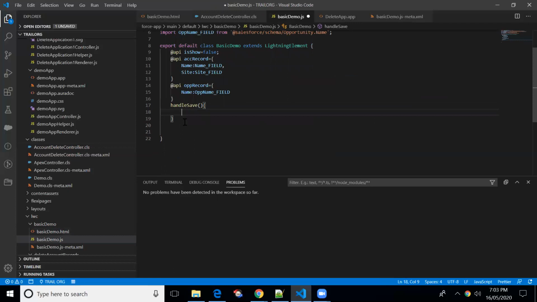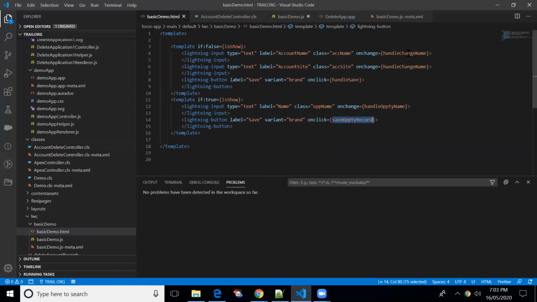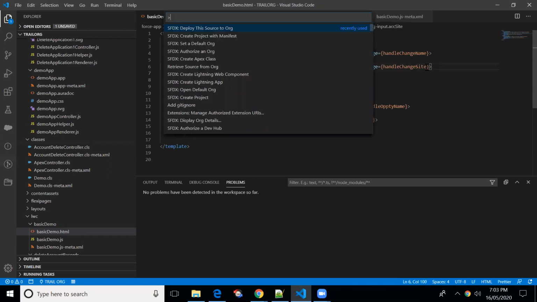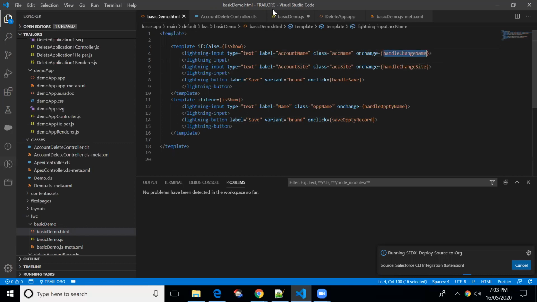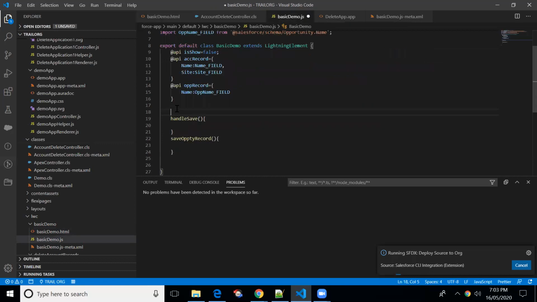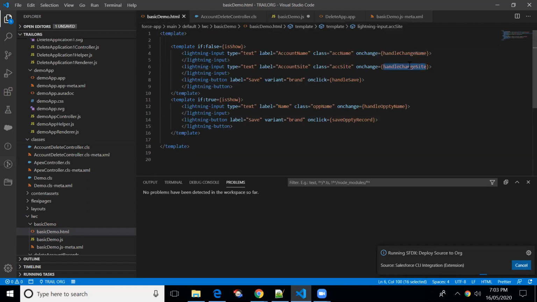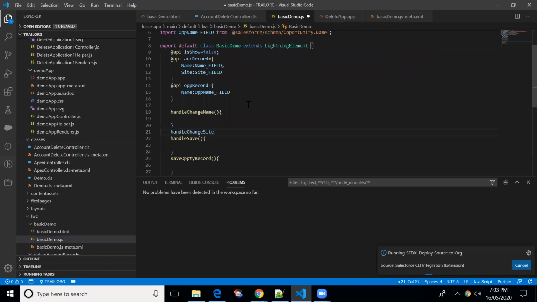Before that, I'm getting the values: handle change name and handle change site. We'll get the value with the help of query selector. Let me copy one more method, handle change site.